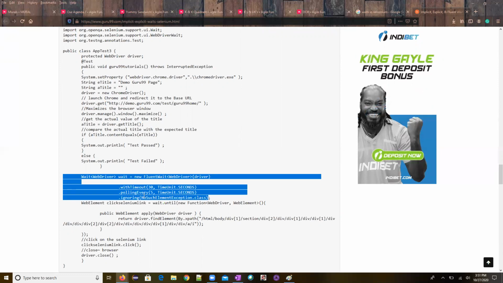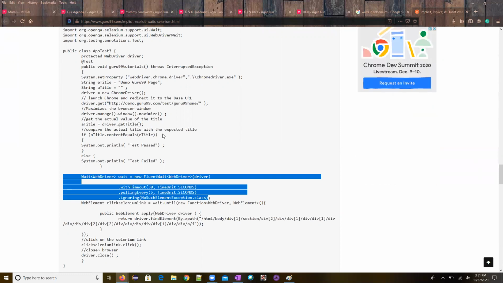If you want the polling timer, usually we will not use fluent wait, and we will not use the implicit wait. We shouldn't use the implicit wait. So we'll use only the explicit waits. And if you use the explicit wait, what are the different types of errors you'll be getting? If you use implicit wait, what are the errors you are getting? So we'll have 4 exceptions when we use the explicit wait. I'll share the articles.